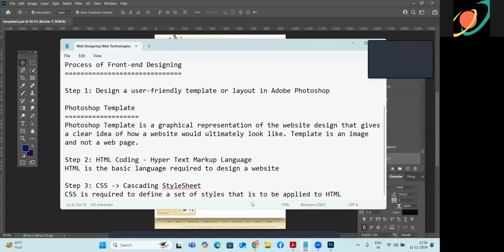So CSS is required to define a set of styles that is to be applied to HTML. Now, why is this style required? Why not only HTML? To understand this, let's take the analogy of the construction of a multi-storied building. If you have noticed how a building is constructed,